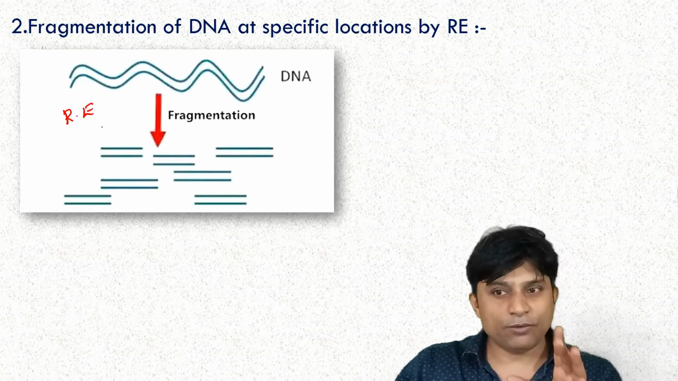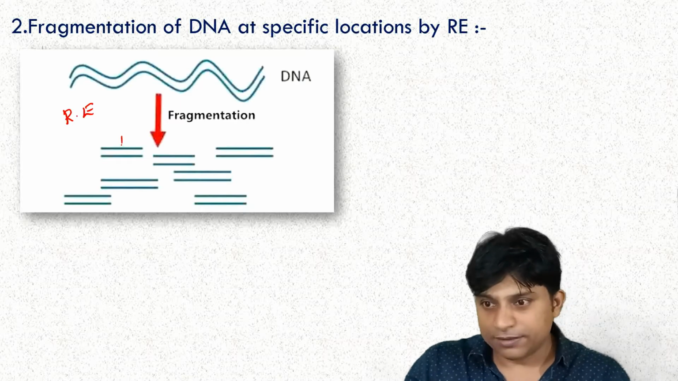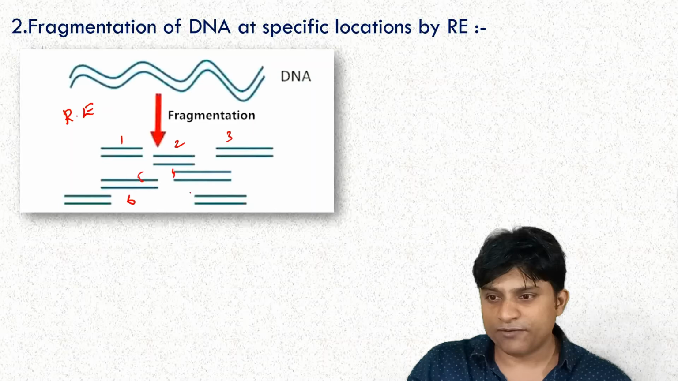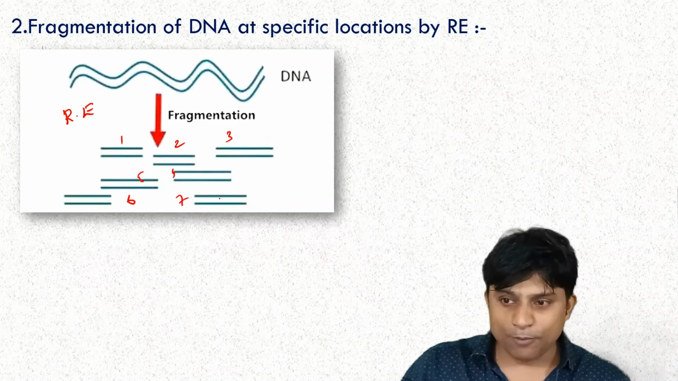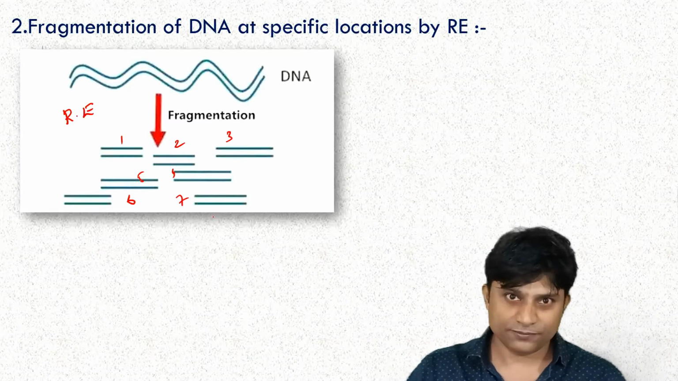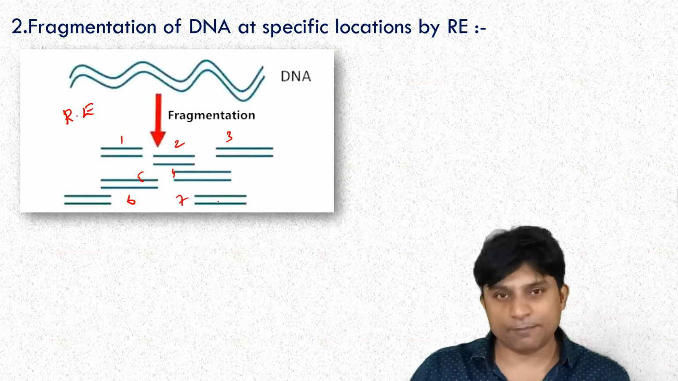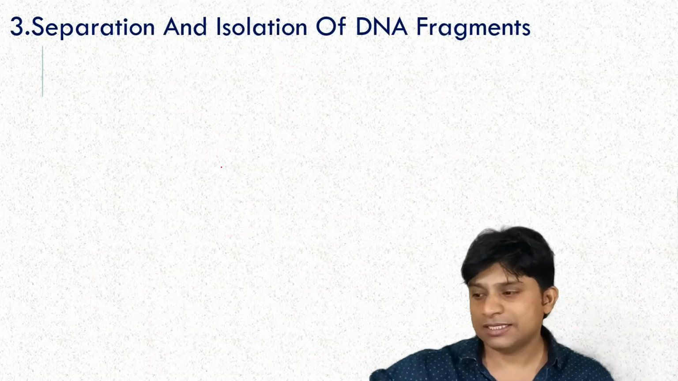This restriction endonuclease will cut the DNA into different fragments. Like see here, there is fragment 1, this is fragment 2, fragment 3, fragment 4, fragment 5. Like this, it is divided into different fragments. Among these fragments is present our desired gene. So we have to now separate these DNA fragments by a process which is known as gel